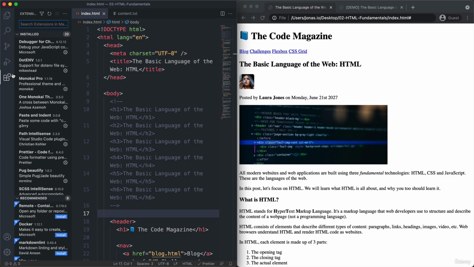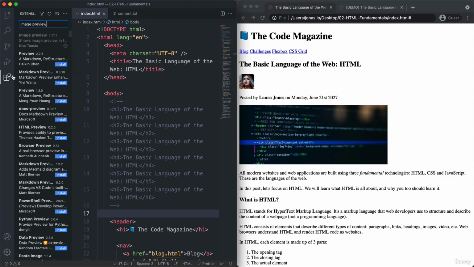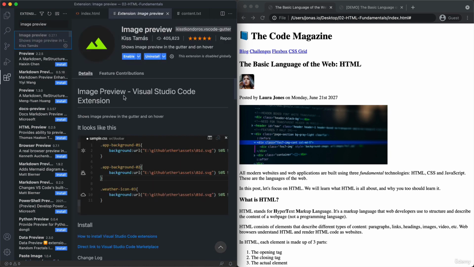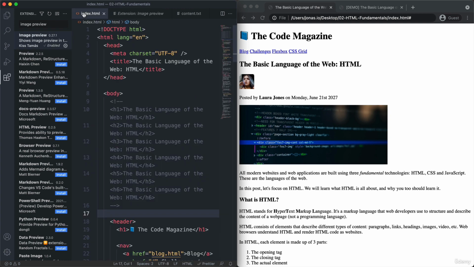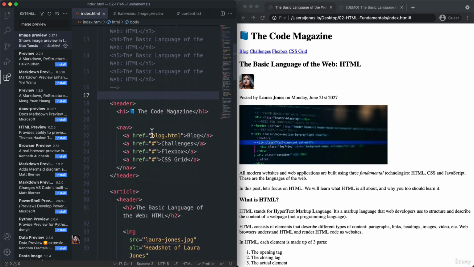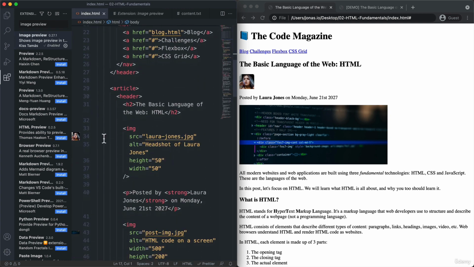And the first extension that I want to install here is called Image Preview. So it's this one, and I already have it installed. So I just need to click on Enable. Okay, so that's the first one. And what this one is going to do is that here in our HTML, it now displays the small image preview here